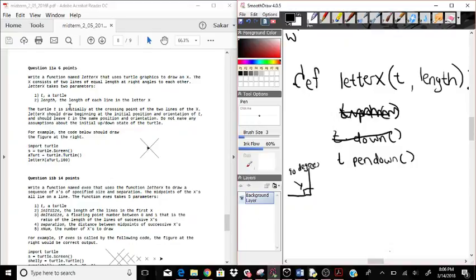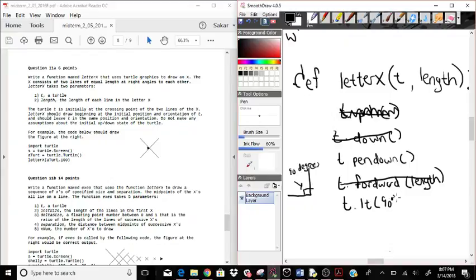So for two lines, you say t forward that length, and t dot back. Let's analyze the picture. If you want to draw x, you turn. When you see this picture, it started this way, so you have to turn. First thing you do, t dot lt